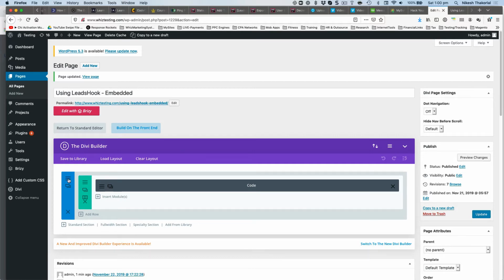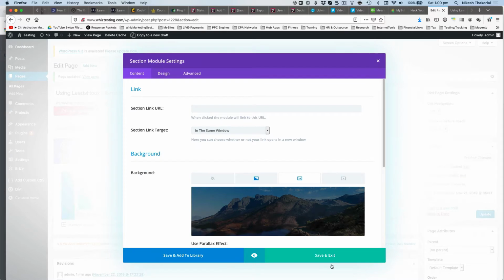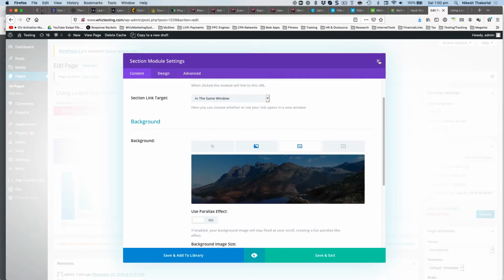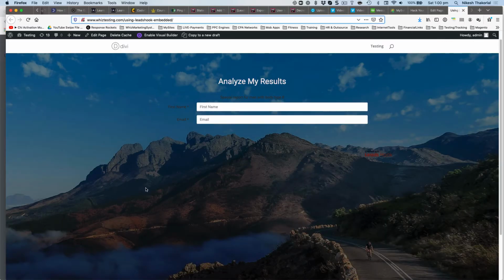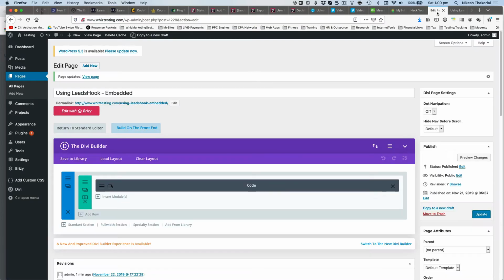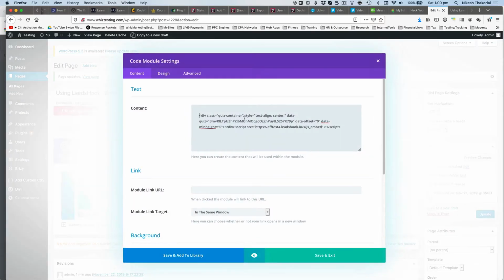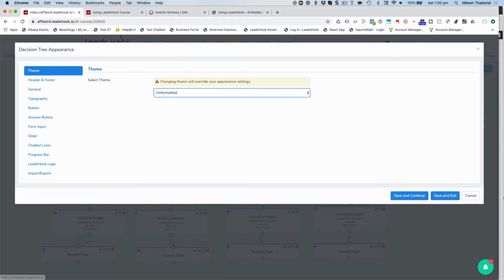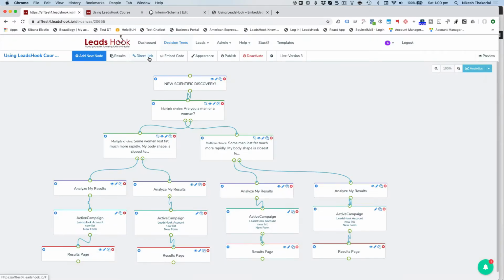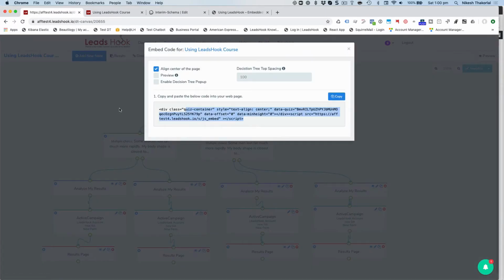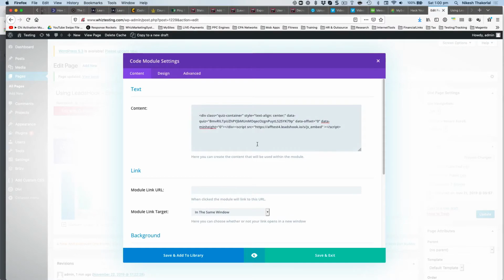What I prefer to do is normally just add a background image to the page, which you can see over here. That's what the background image looks like, and then overlay the decision tree on top of that. And how do I do that? Basically, I've just added in the embed code, which you will find over here. That's the embed code. So that's just copied and pasted into